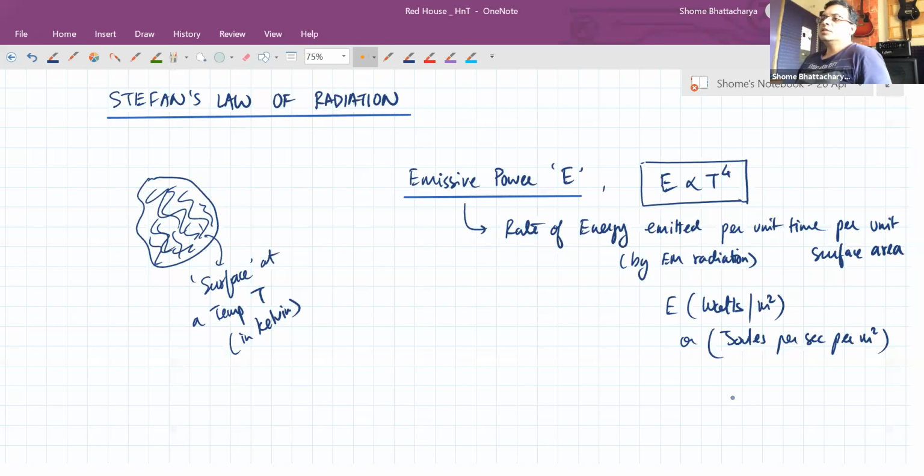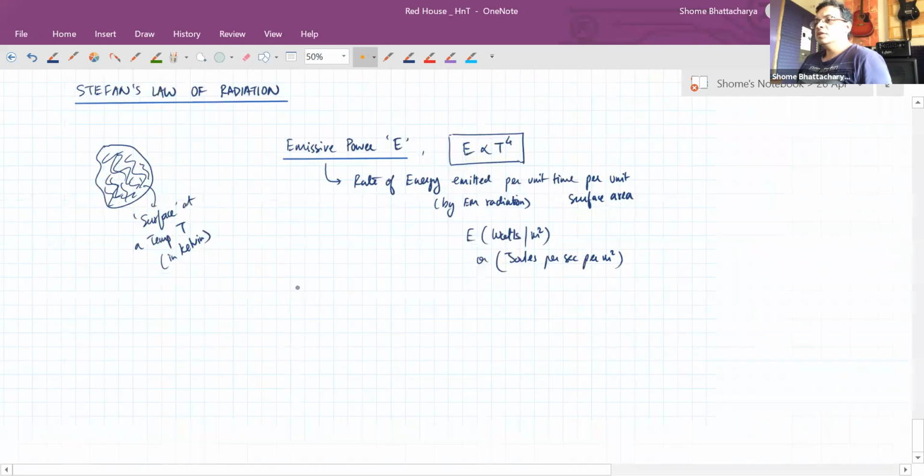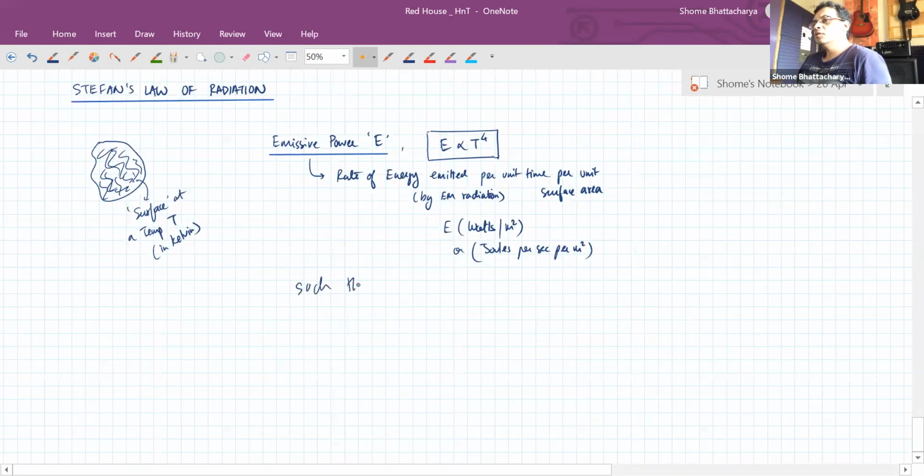Okay. Now let's come to the constant of proportionality for this proportionality symbol. Such that the value of emissive power is given by a constant called emissivity multiplied by another universal constant called Stefan-Boltzmann constant, or simply Stefan's constant, into temperature to the power 4. Okay, but remember the temperature has to be expressed in kelvins. It's absolute temperature,